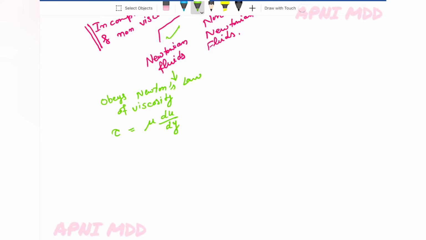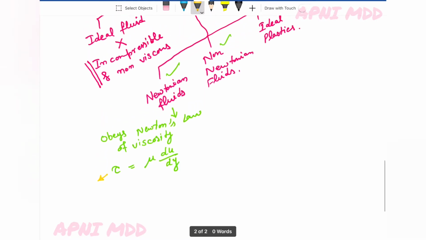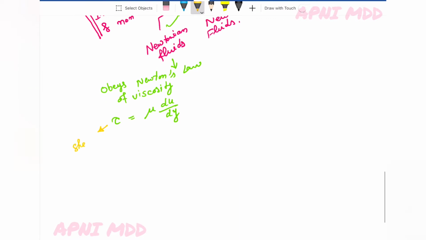Here tau is shear stress, mu is viscosity of fluid,